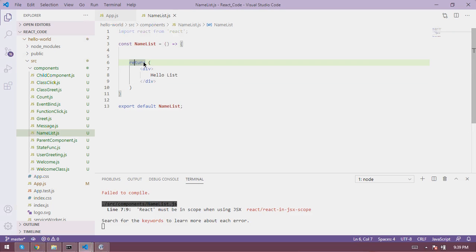Something problem with this return, return, return, it's okay, perfect, but why is it not returning anything? Fat arrow symbol, constant, export default name list, and then